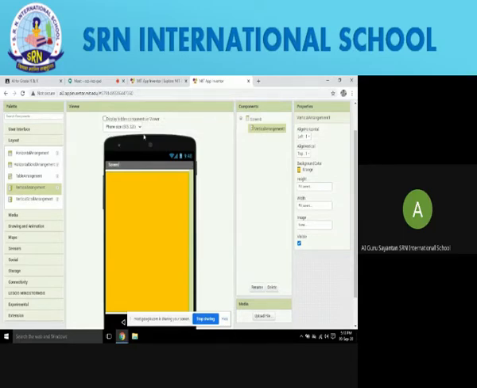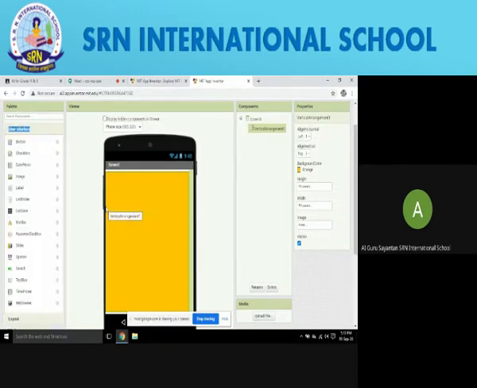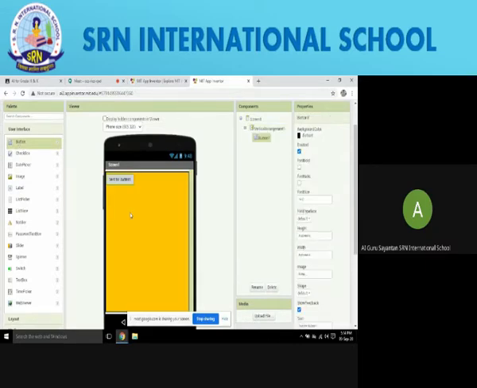Now what we will be doing, we will go to user interface. Can you see user interface, everyone? Inside palette, user interface. Yes, sir. Inside user interface, you will find button, and you will take out button, and you will see that button will not come to the center and it will go and get fixed on the top left corner.